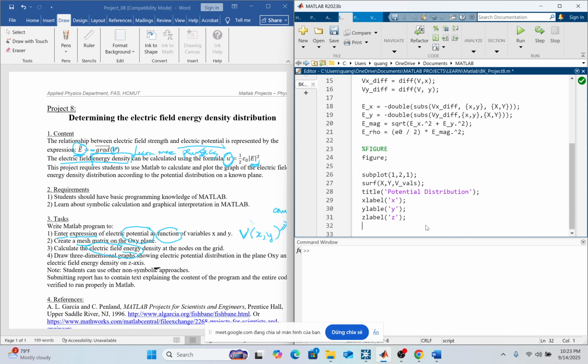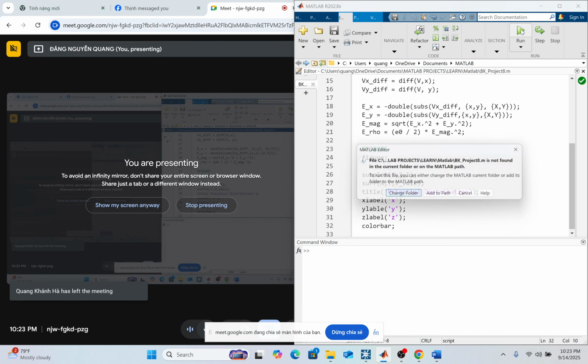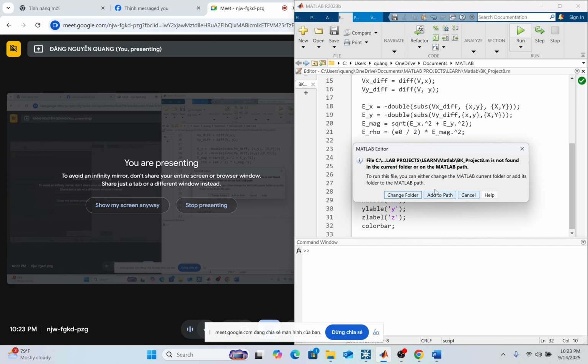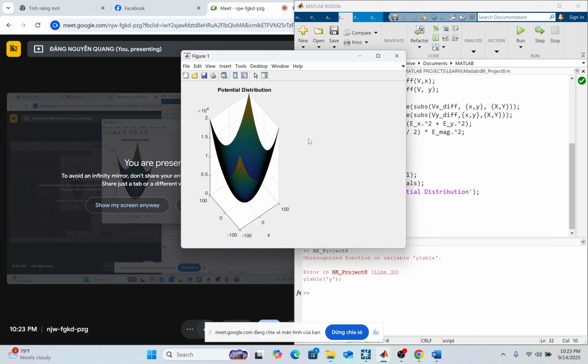Okay. Then I'll have the color bar. Color bar is basically a bar telling you which color corresponds to which amount, and you will understand it as soon as I click play. Okay, I will press play here and you will see what it goes. I have to add the path. But okay, I got a beautiful graph here, right?